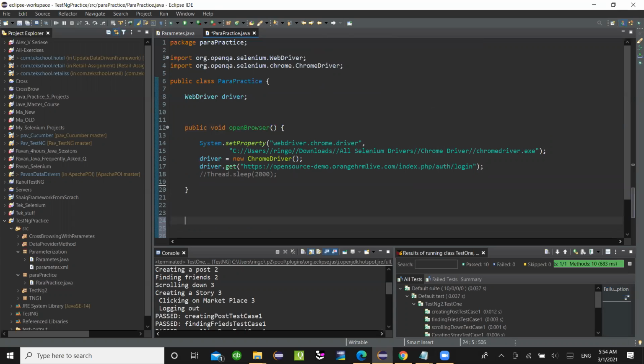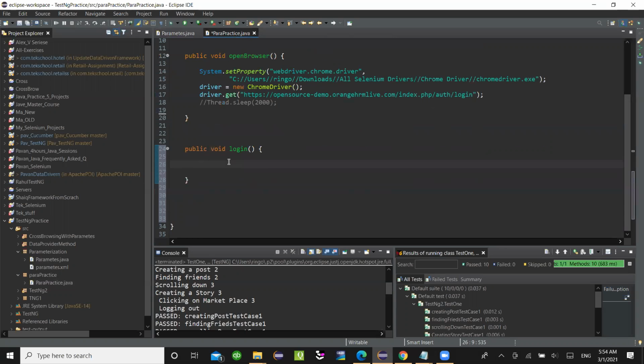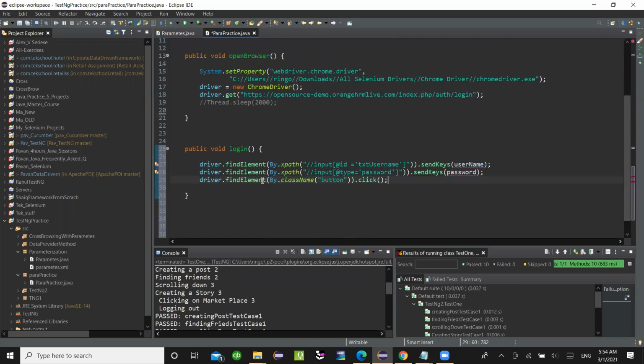Now I need a method. I want to log in to the account. Public void login. Okay. So in this method, I want to click on an element here. Let me just delete these. I want to click on the element. I already found it through XPath, so I can click on it. I can send keys, and then the website will be open. Then I can enter my username, enter my password,